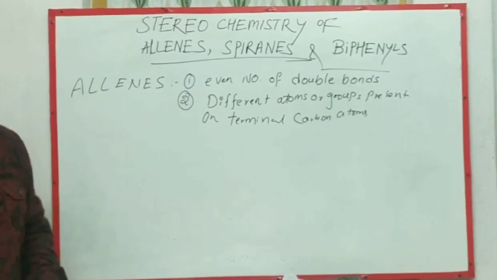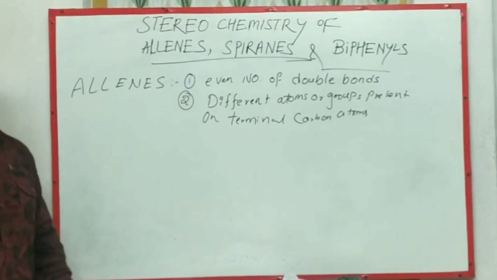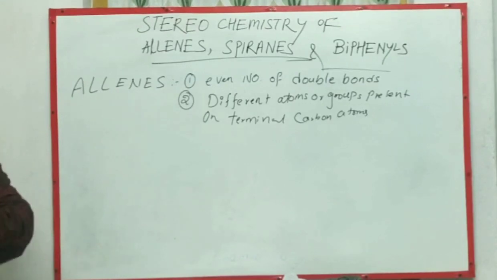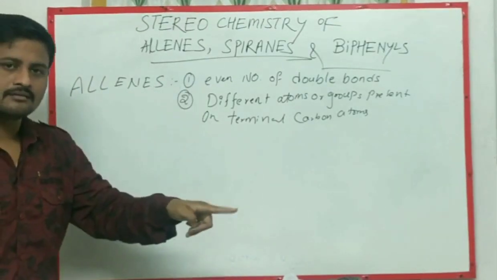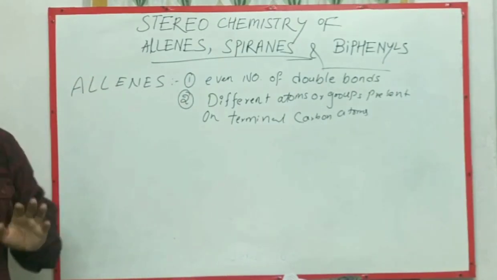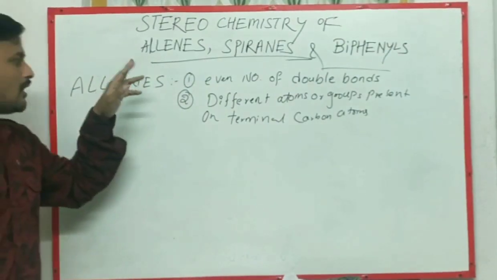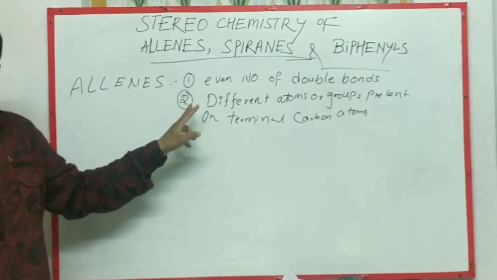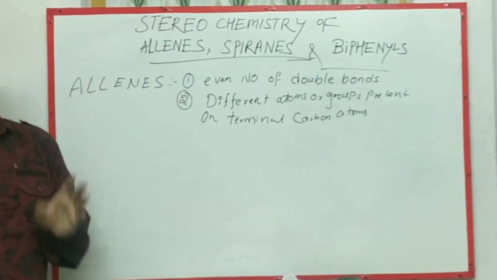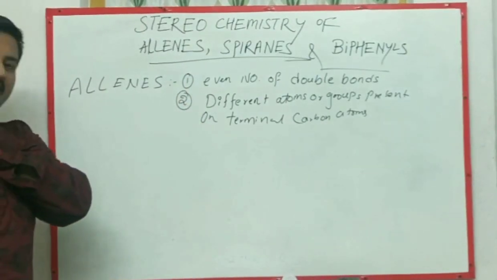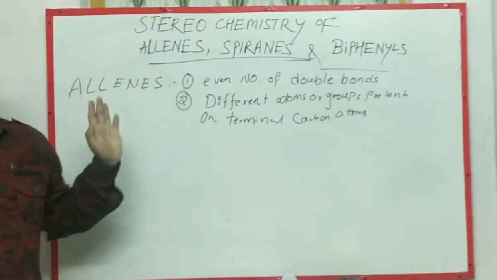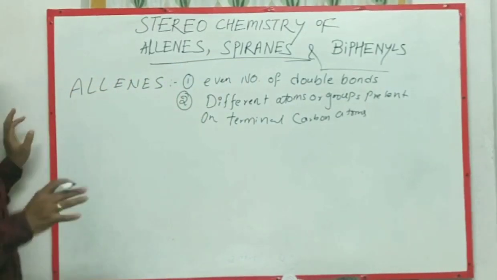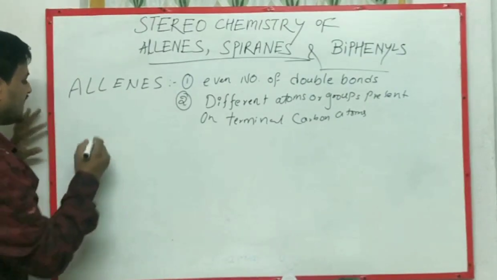optically inactive. How we can know whether the molecule is optically active or inactive? It means whether the molecule is chiral or not. If the molecule is chiral, the molecule is an optically active molecule. If the allene follows these two conditions, it must act as a chiral molecule. It does not have any symmetry elements. For example, a simple example, we take one example.